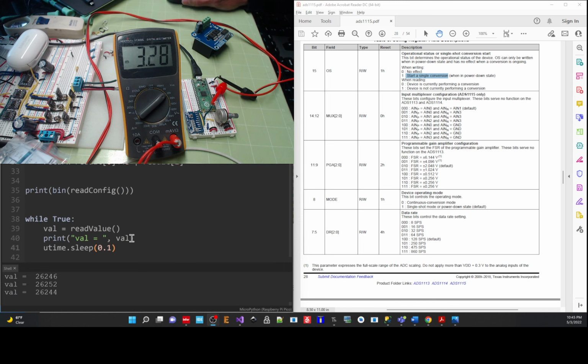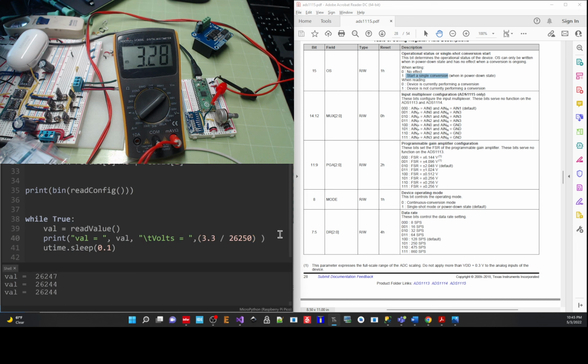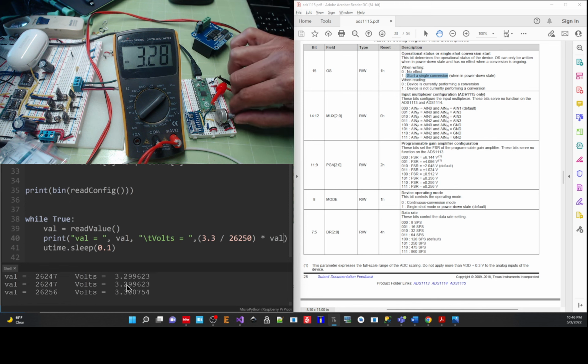So having that value, we can convert it to an actual voltage, and we'll say volts equals, and this will be the 3.3 volts divided into the 26250 multiplied by the value, and that should give us the voltage. Alright, so there is the voltage. So here's the voltage, very close to this value. So if I move this,